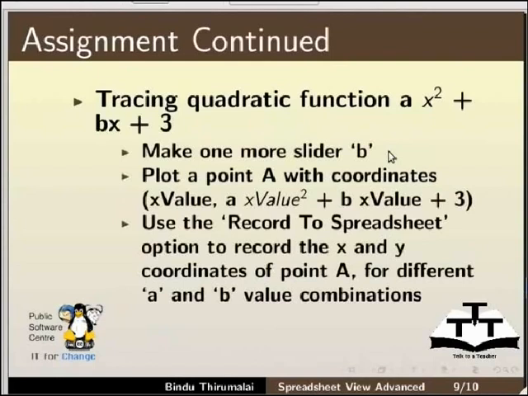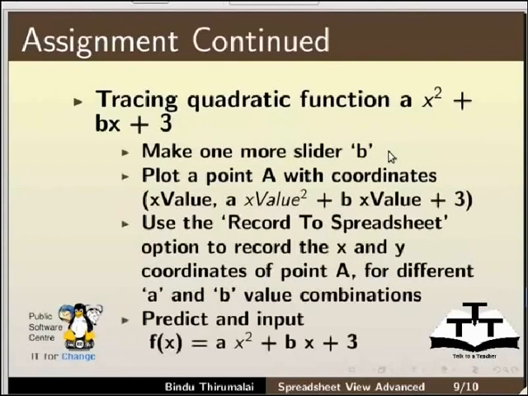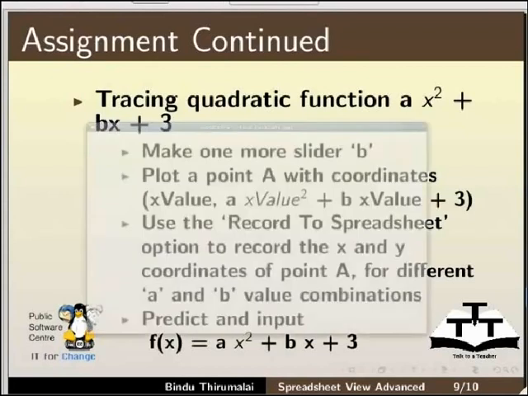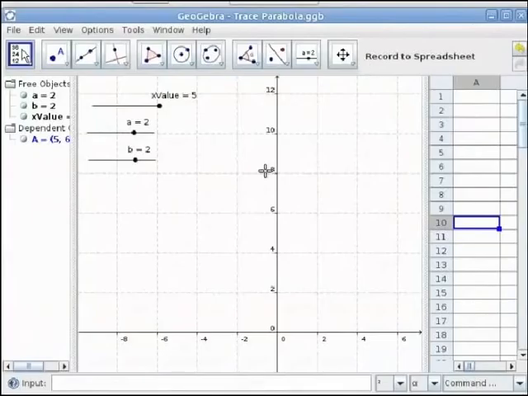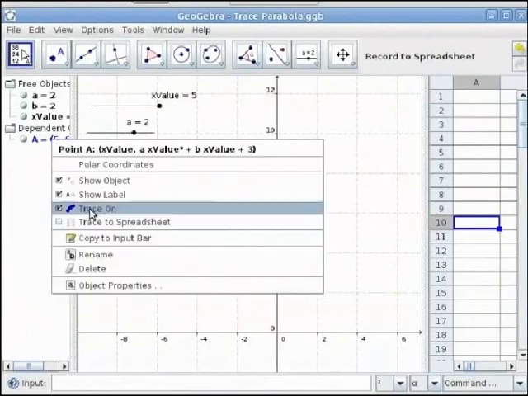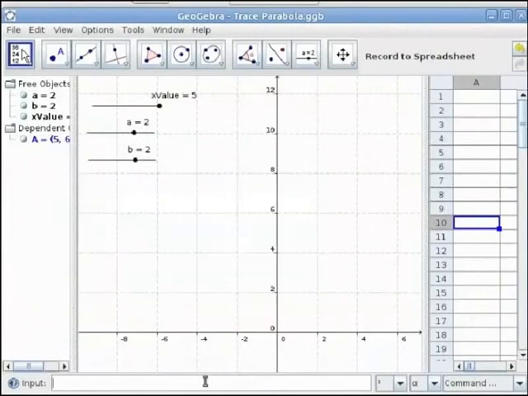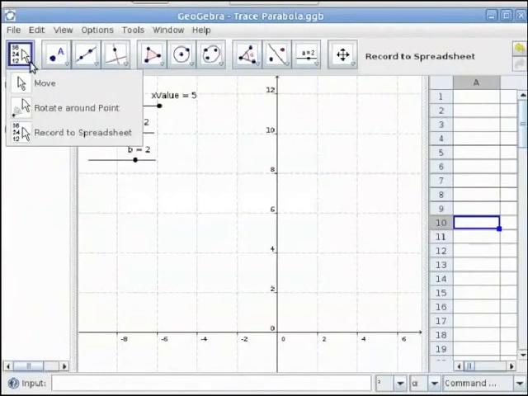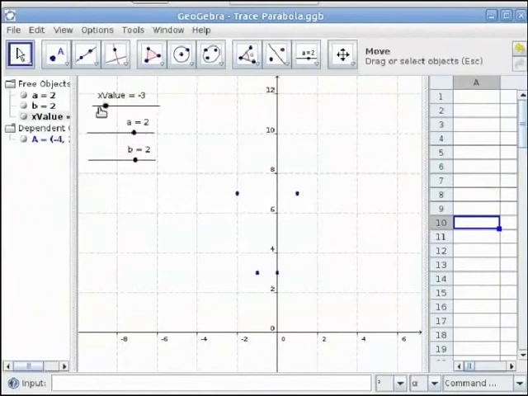Use the record to spreadsheet option to record the x and y coordinates of point A for different a and b value combinations. Predict and input the function f of x equals ax squared plus bx plus 3. I have already created this GeoGebra file. In this case, let us select the trace on. It's already on. We will change the x value to the minimum,